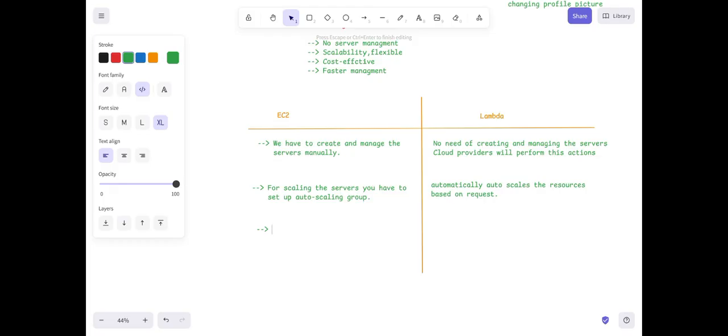Your application should run on the servers 24 by 7, which means your servers are running 24 by 7. Even though the application is not used by users, you still run those servers, for which you have to pay.